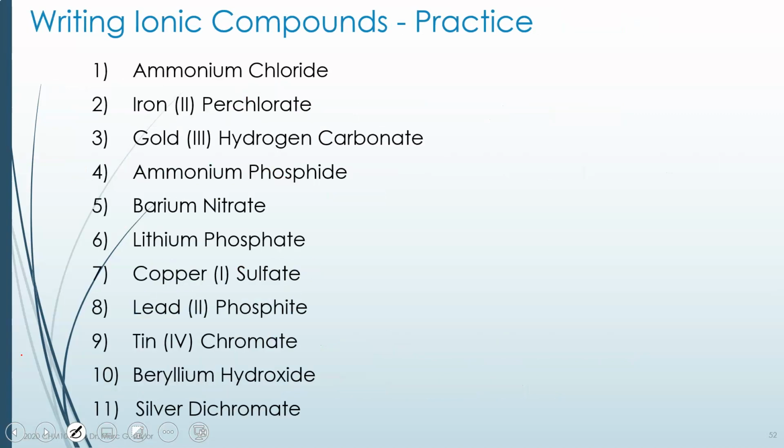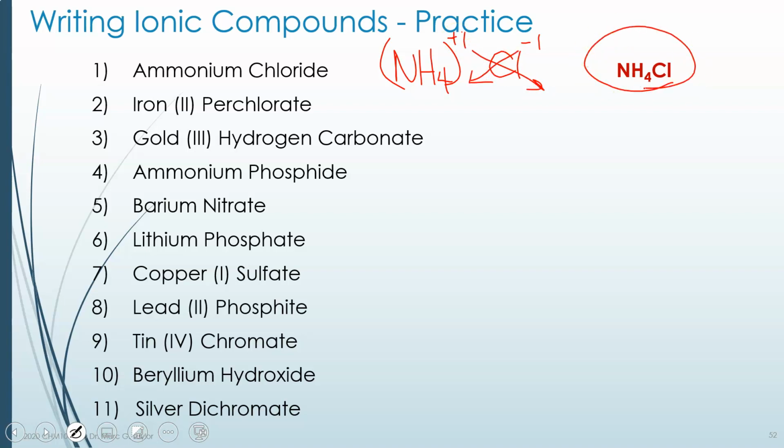So here are some where you're given the name, and this is easier because you use the crisscross simplify. Ammonium chloride. Well, you would start it by writing ammonium, and I recommend you always put parentheses around it, and then chloride. You know chloride is -1. You know ammonium is +1. Crisscross, it's 1 of each, and you end up with 1 ammonium and 1 chloride. If you kept the parentheses around it when you didn't need a parentheses, it's not correct, but I will never mark it wrong. But if you have to have a parentheses there, and you didn't, for instance, if you said